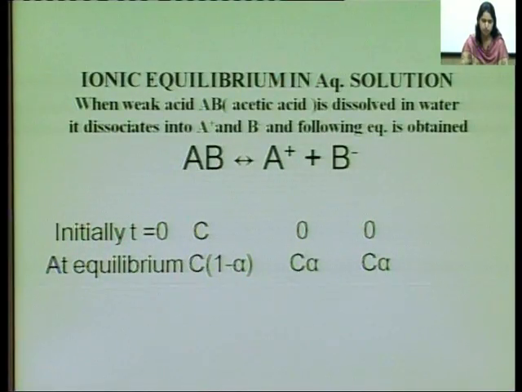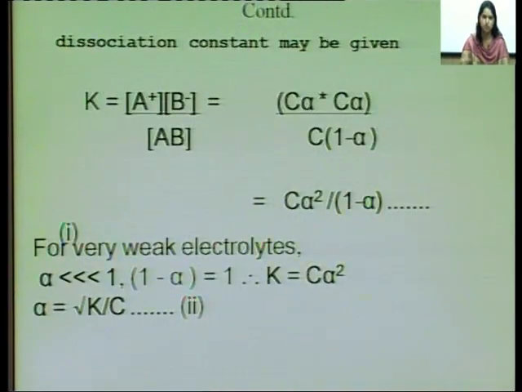So, here in the last slide, what are the products? Products are A positive and B negative, and the reactant is AB. So, what am I taking? I am taking the ratio of these, that is the product of concentration of products over the concentration of reactant. The molar concentration of cation is taken in square brackets, that is A plus, and B negative, which means this is the product of molar concentration of products over the molar concentration of reactant,